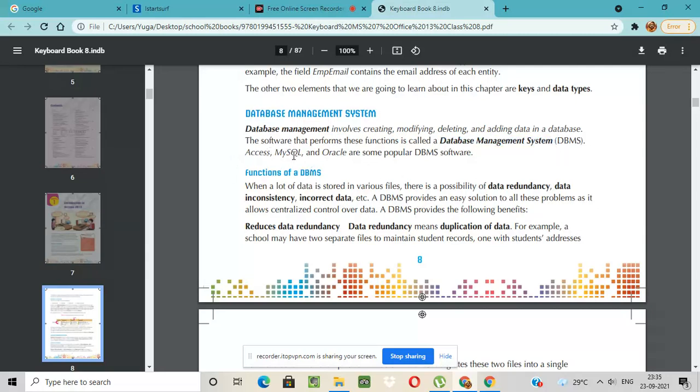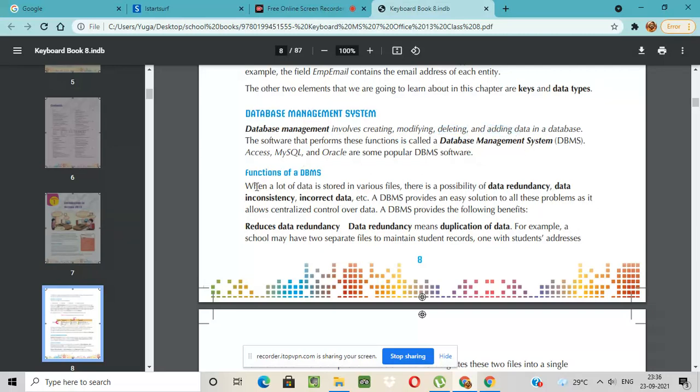Access, MySQL, and Oracle are some popular DBMS software. Modifying means changing the table. You can change the format or you can change the values in your table. Then you can delete the table or delete some rows or columns, and add data in your database or table.